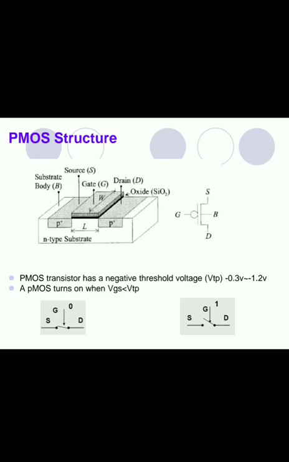At that time you will get a larger amount of drain current, due to which we can use NMOS as an on switch. But here what do we need? VGS value negative. It means what? You will require it to be less than the threshold voltage. So if it is less than VTP, we can use PMOS as an on switch, and if the VGS value increases and becomes greater than VTP, at that time you will not get any drain current, zero drain current, due to which we can say we can use PMOS as an off switch.